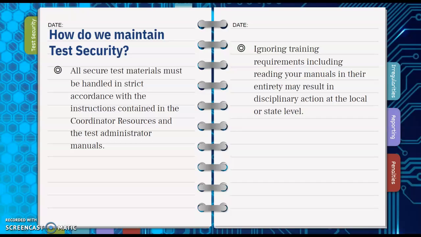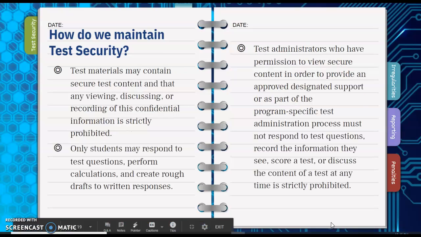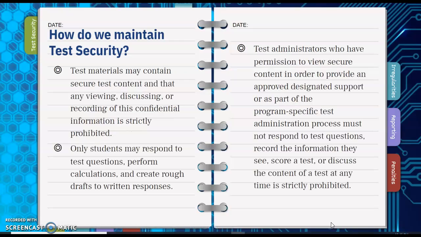All secure test materials must be handled in strict accordance with the instructions contained in the coordinator resources and the test administrator manuals. Ignoring training requirements, including reading your manuals in their entirety, may result in disciplinary action at the local or state level. Test materials may contain secure test content, and any viewing, discussing, or recording of this confidential information is strictly